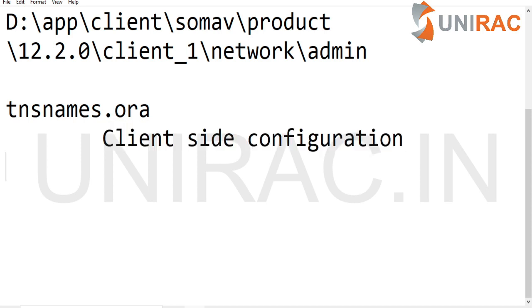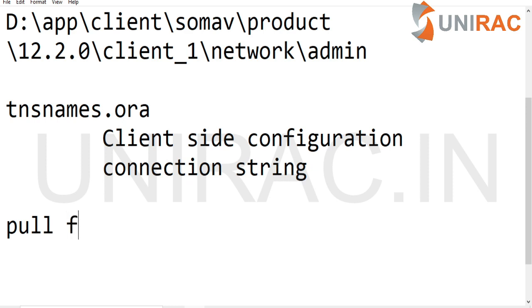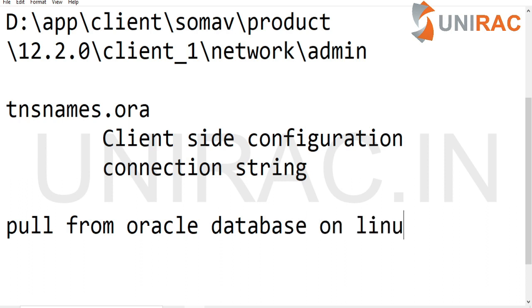For that we need connection string information. This connection string information will be pulled from the Oracle database which is installed on Linux. We'll log into Oracle Linux.